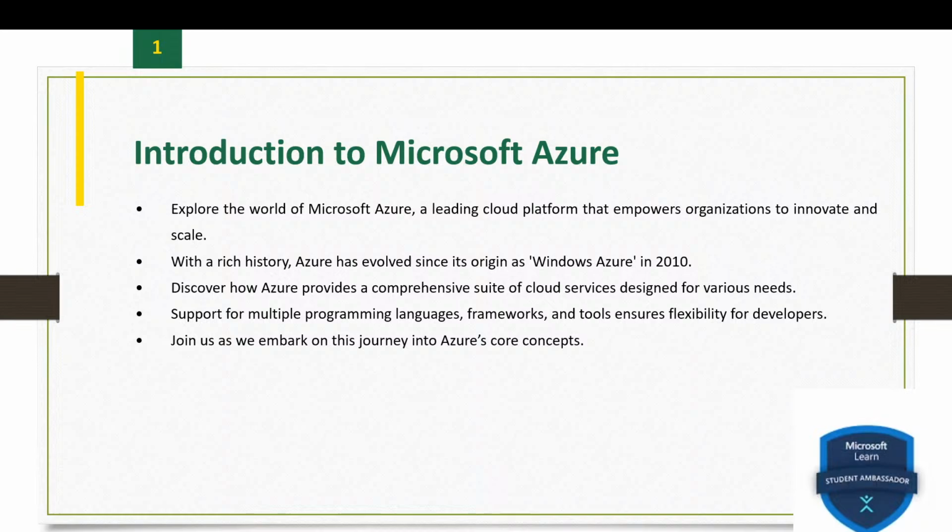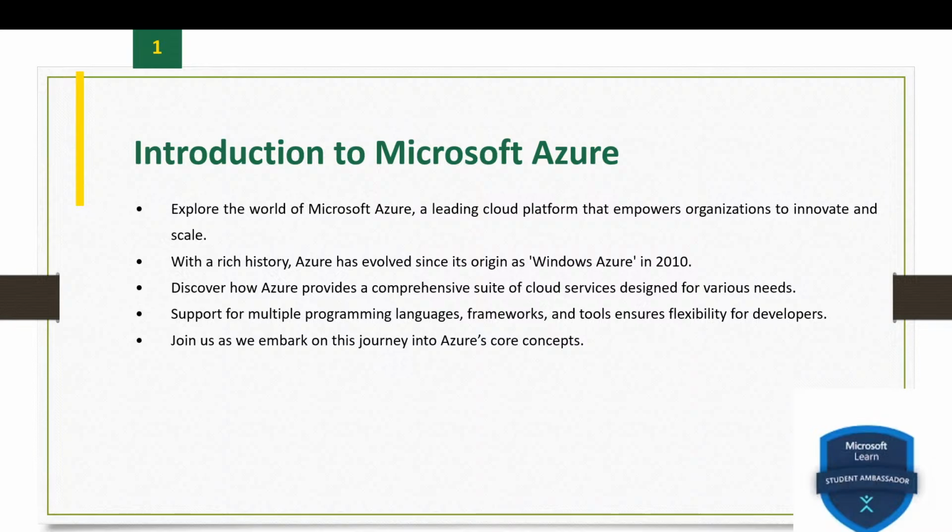With Azure Virtual Networks, load balancers, and VPNs, you can build and manage your network infrastructure in the cloud. Azure supports various database solutions, including SQL Database, Cosmos DB, and MySQL, for managing structured and unstructured data. And AI and machine learning.